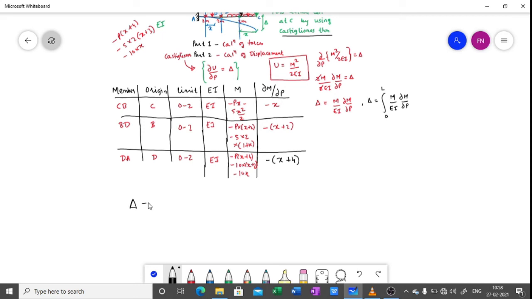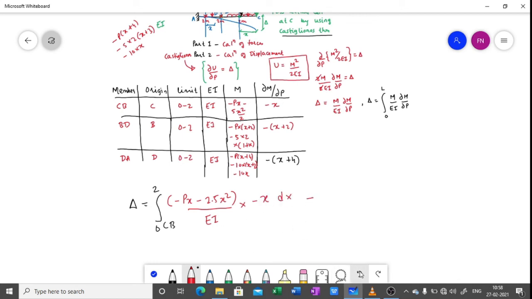Delta equal to, the first member is CB, limit is 0 to 2, okay, M is minus Px minus 2.5x square divided by EI into dou M by dou P of member CB. Dou M by dou P of member CB is minus x dx